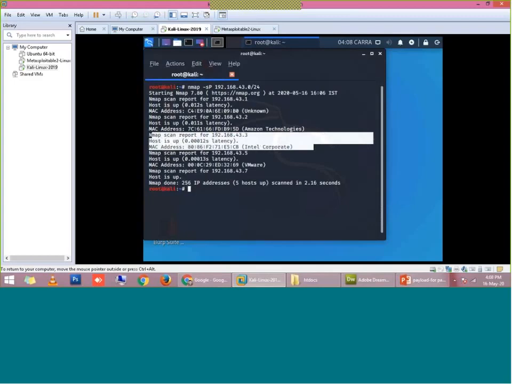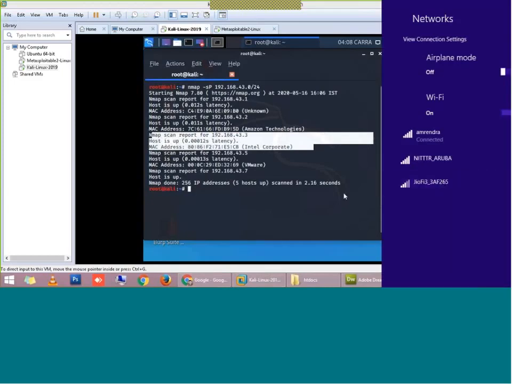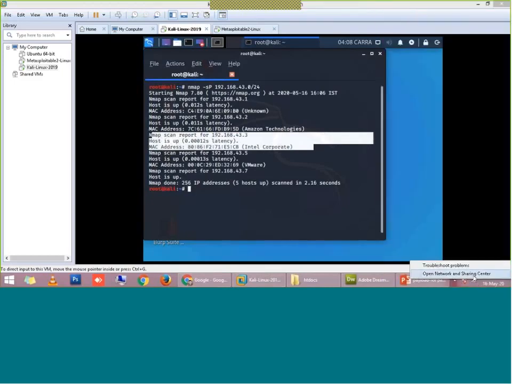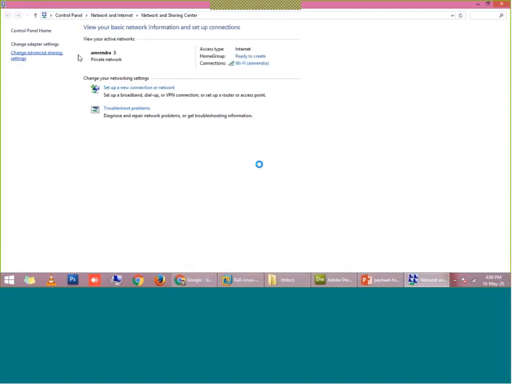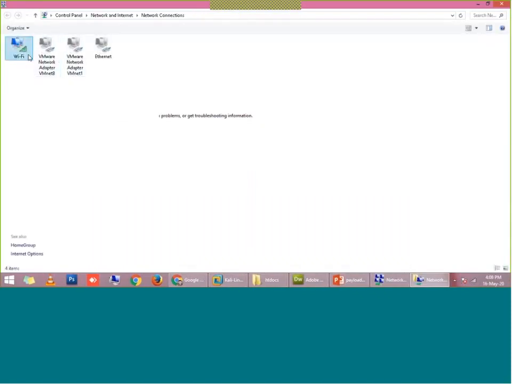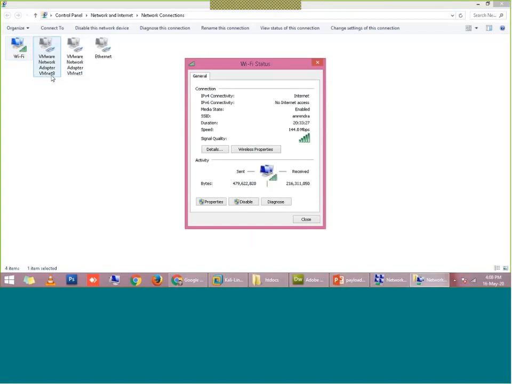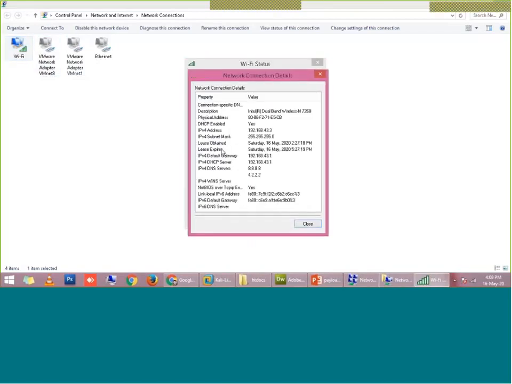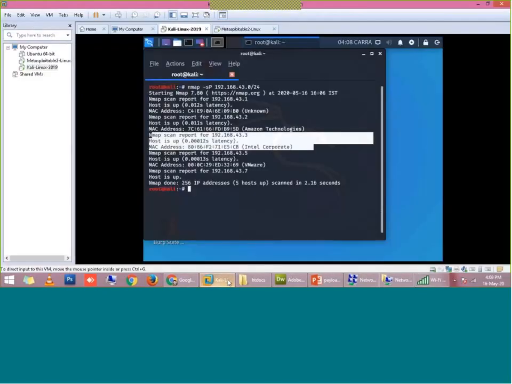I can show you the IP address and MAC address of my physical machine. From here I can show you that. Just let me show. So from here when I click detail, you can see the IP address of my physical machine is 43.3 and the MAC address is 80:86:F2.